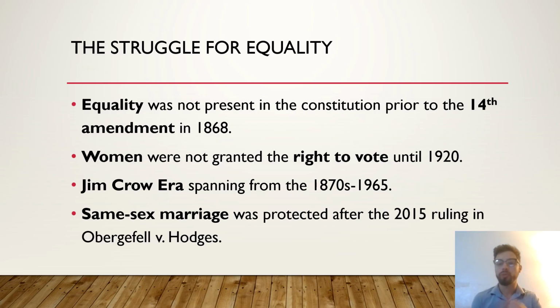When we look at our history and the struggle for equality, we see numerous periods of analysis that we need to gravitate towards. First, we see that equality was not a foundational aspect of some of our Constitution, which warranted our founding fathers during the Reconstruction era to emphasize the need for constitutional protections of equality for all in our 14th Amendment in 1868, following the Civil War. Later on, about 50, 60 years later, we see the expansion of voting rights for women. Women's suffrage was fully met in 1920, as that was finally obtained in the United States.